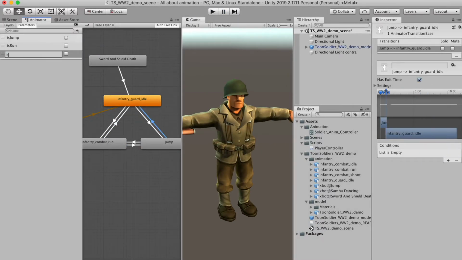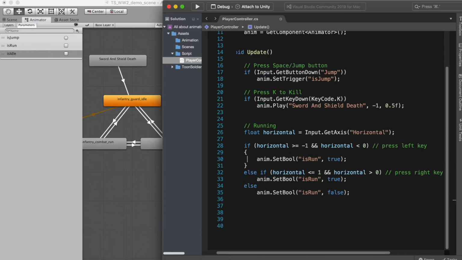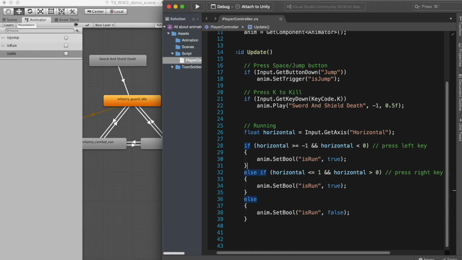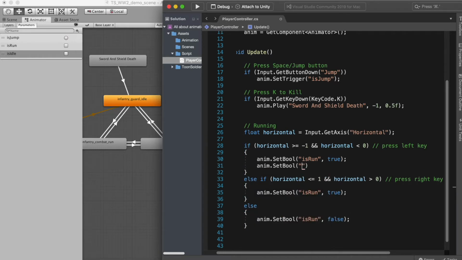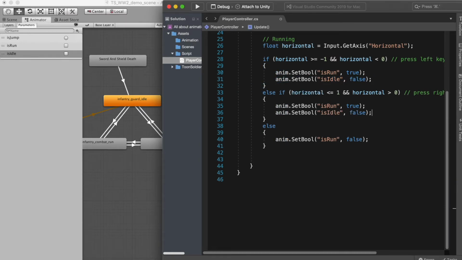So let's create a boolean is idle. Add this to the jump to idle transition. In the code, while we're running, is idle is false. If we are not running, then is idle is true. Great. Play